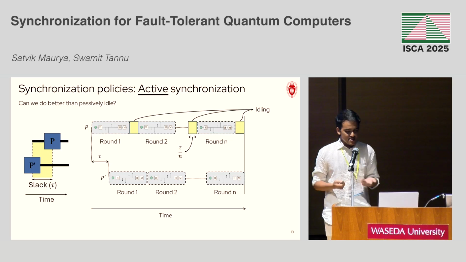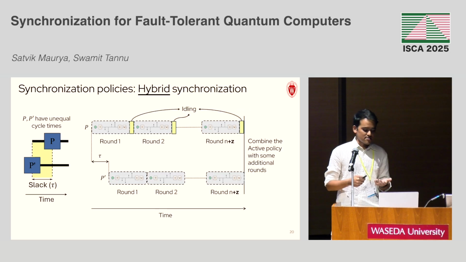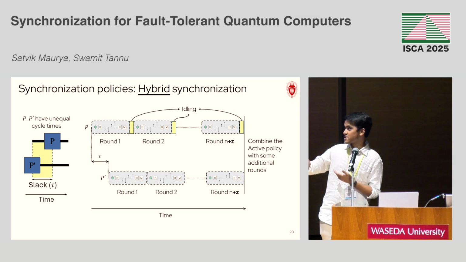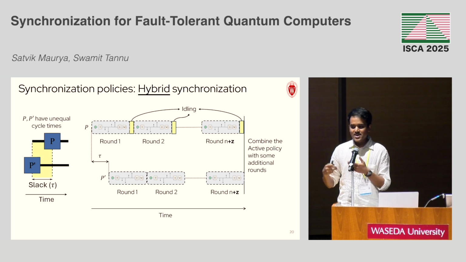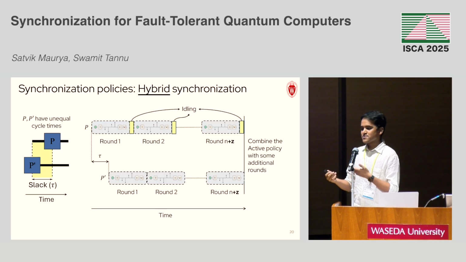And after this, there is a natural extension to the synchronization policy, which we call the hybrid synchronization policy. So now, while we insert these idling durations at the end of every round, we also run a few extra rounds of error correction. Here I'm showing we've run n plus z rounds of error correction. What that allows you to do is further reduce the idling period at the end of every round